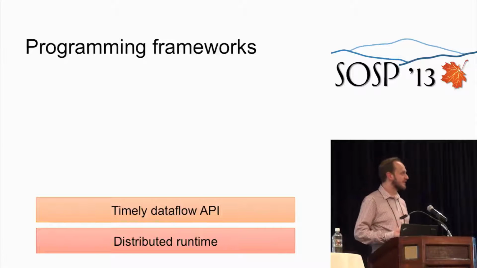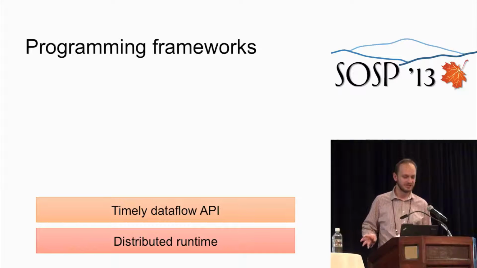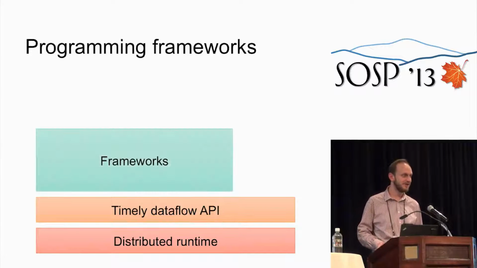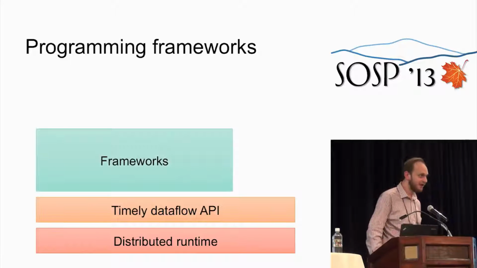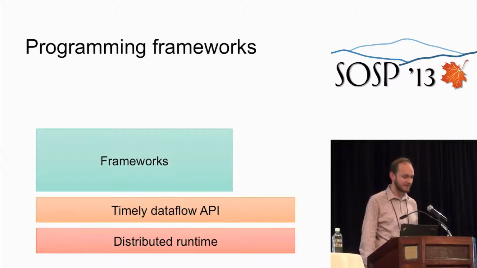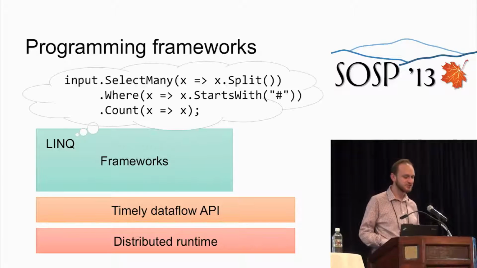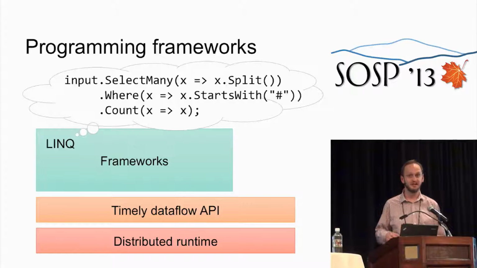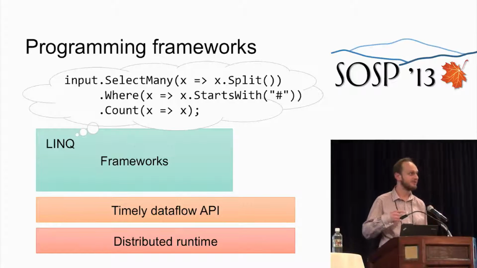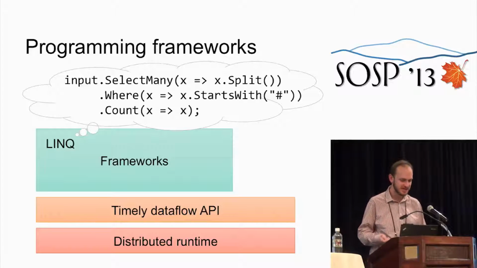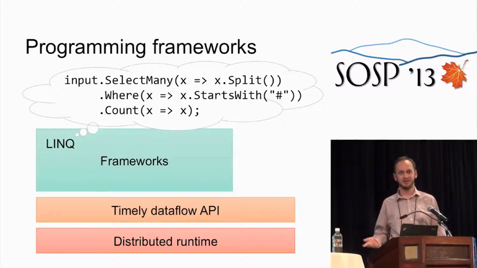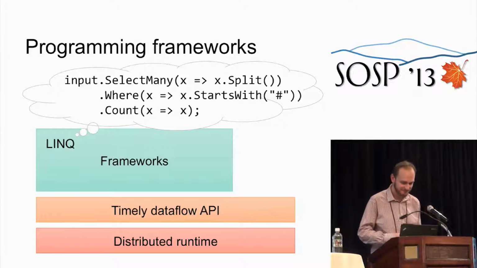While these primitives are quite expressive, they're not the most user-friendly way to write a program. So we've built a number of data parallel frameworks on top. And out of these, I want to call out our incremental version of LINQ as the kind of prototypical example of how you would write a program against one of the APIs. So here we see a stream defined in terms of relational style or functional LINQ operators. You might remember LINQ from Chris's talk on Dandelion the other day. It's also similar to the Spark Streaming RDD syntax.